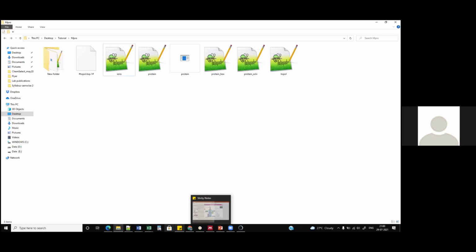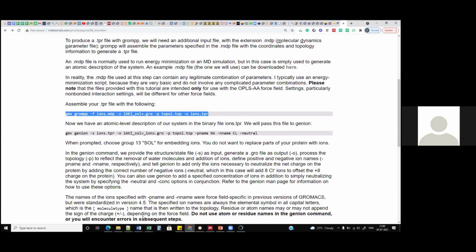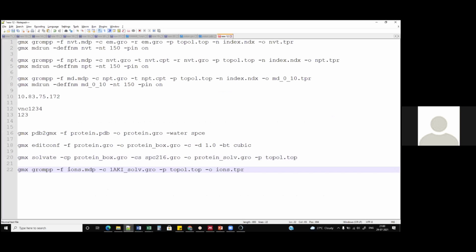Okay. Moving further, now you need to run this command. So I'm just copying this command and pasting it over here, replacing it with the name of the output file of the previous command. The rest I'm keeping as it is. Whenever I run this preprocessor command, a TPR file is generated, a topological run input file.